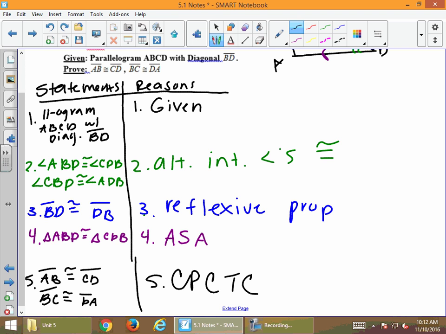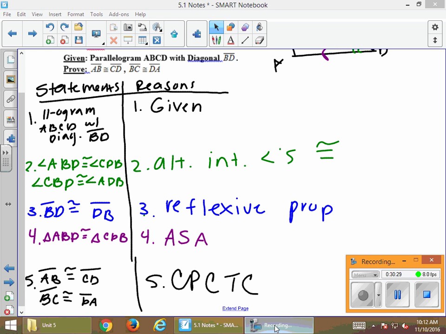And then we're done. So essentially when you have these quadrilateral proofs, all you're doing is you're just stating that two triangles are congruent, and then if it asks you to do so, you have to state which parts are congruent using CPCTC. So it's really exactly like what we did in Unit 2. You just might be using some of those parallelogram properties to help you get where you're at. Questions over that? Okay. We'll finish up